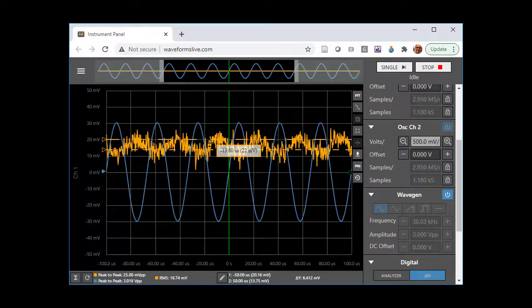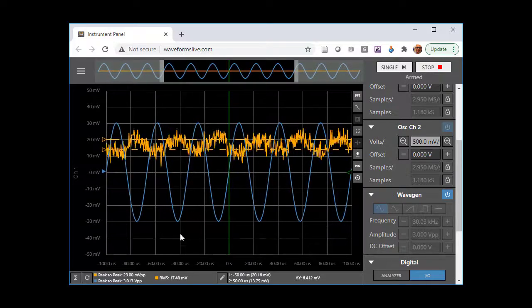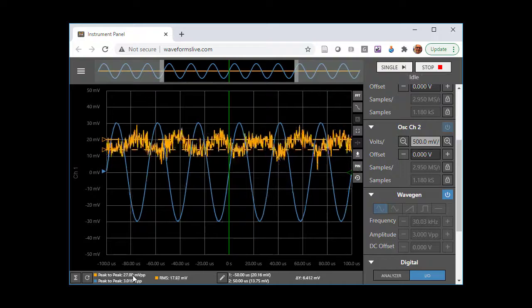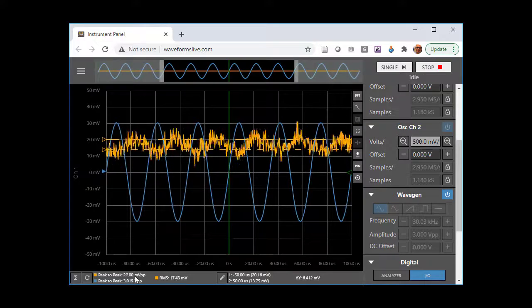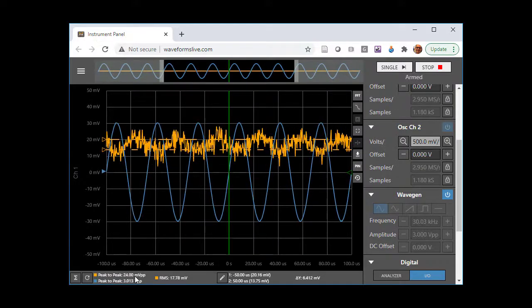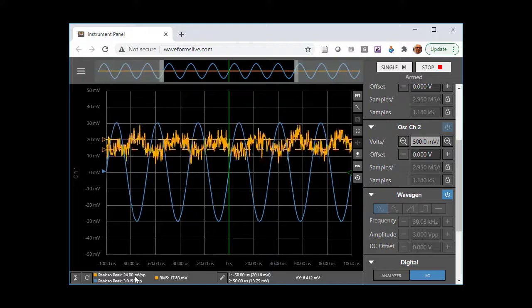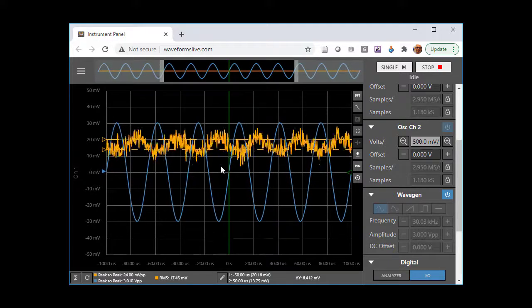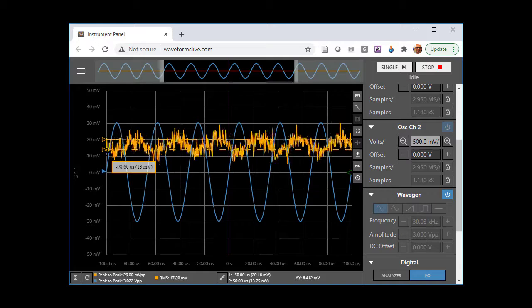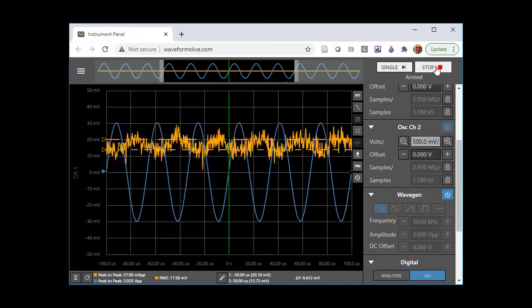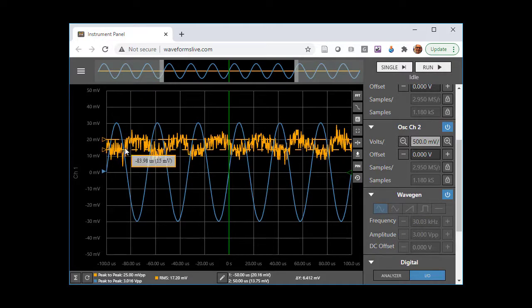However, when we get to the really small signal, right, if we look at the peak to peak, we're seeing numbers that fluctuate around 21, 24, 27, 31, right? But if we look at this waveform and we actually put some cursors on it, what we see is that the waveform is actually much shorter than the peak to peak would suggest, because the peak to peak is going to look across the whole data set and it's going to say where was